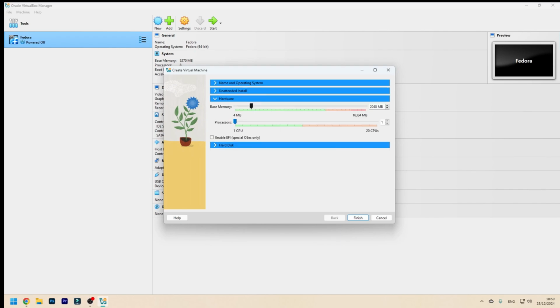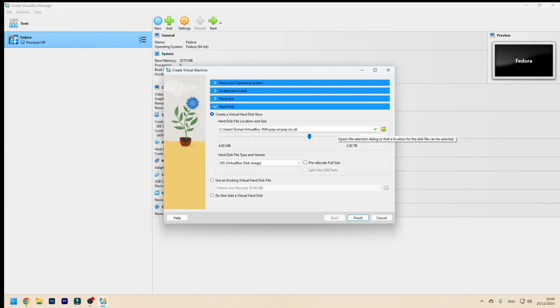Go to hardware. Here you can assign how much memory you want to allocate to it. I suggest allocating between 4 to 8 gigabytes of RAM, depending on your system. I'm going to allocate it 8 here. And how many cores or threads, in the example virtual CPUs, you want to assign. I have 20, you might not have 20, you might have 8. This is a Core i5-12600. For example, you might have 4 cores, 8 threads, you might have 6 cores, 12 threads. Doesn't matter, just assign. I suggest between 4 to 8 is enough. I'm gonna assign 8. On hard disk you can use a drive you have, a real drive, or you can